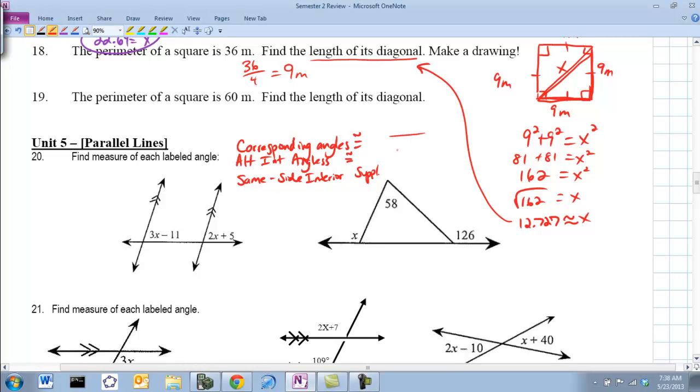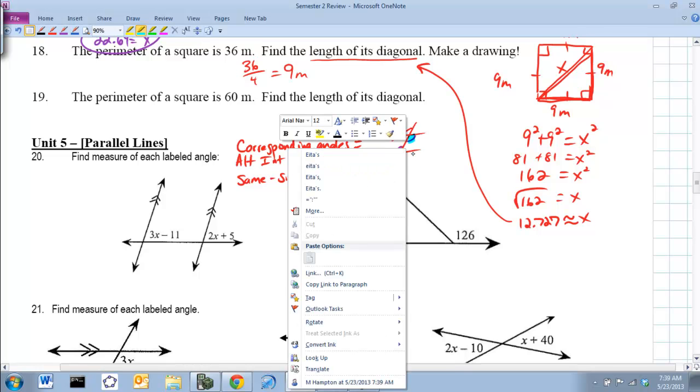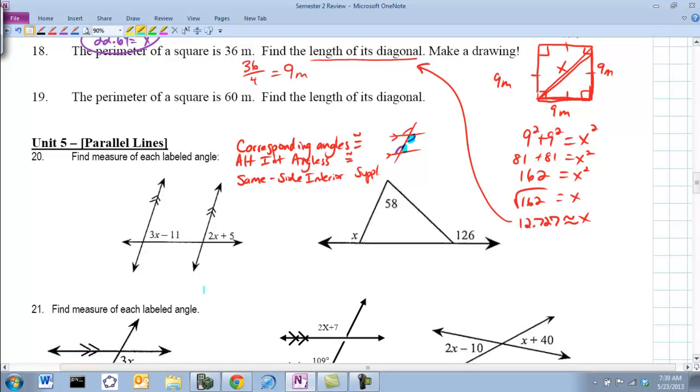Okay, so as we look at a set of parallel lines, pretend those look parallel, these were the corresponding, these were alternate interior angles here, and then these were the same side interior here and here. Okay, so as we look at this problem down here on number 20, we've got our parallel lines,